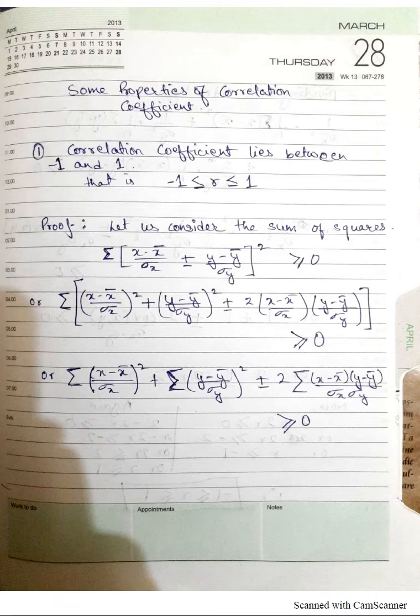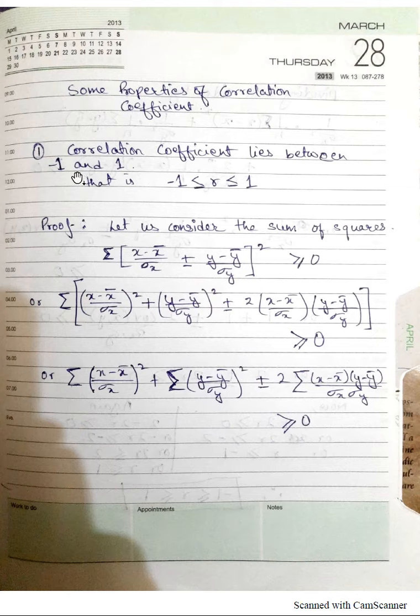So today we'll discuss some important properties of correlation coefficient. Till now we discussed the methods to find correlation coefficient using two different formulae, which can give us the correlation coefficient of various types of sets of data that we are given. So today we'll discuss some very important properties of correlation coefficient.